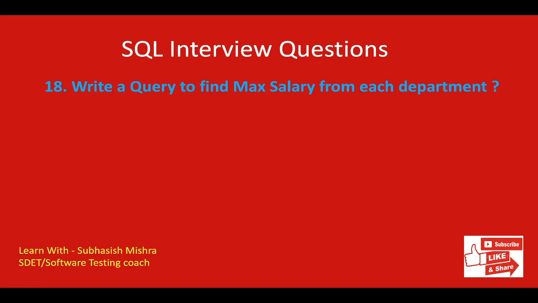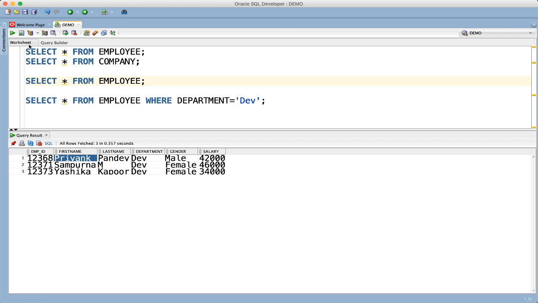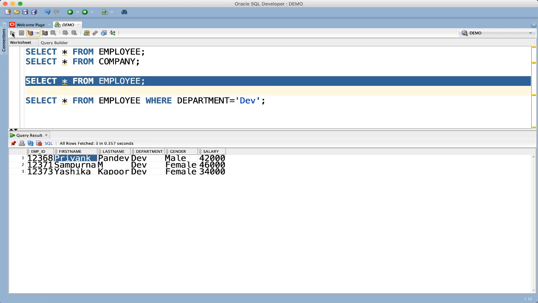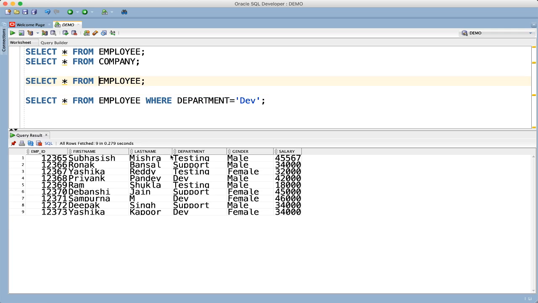The next question is, write a query to find maximum salary from each department. So you want to fetch maximum salary from each department. So here if you'll see, right, what are the different departments we have? We have testing department, we have support, we have dev. So we have three different departments. So how will we fetch the maximum salary for each department? So what we can do here,